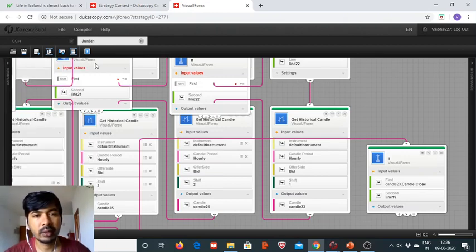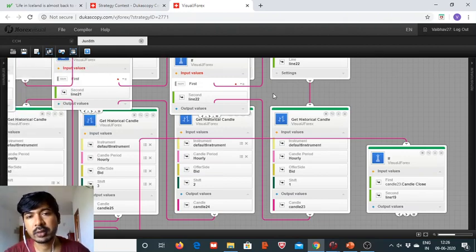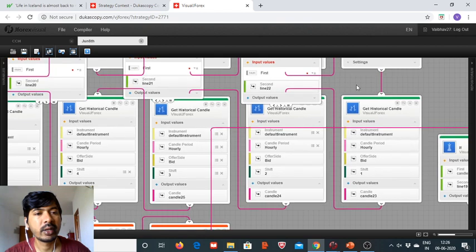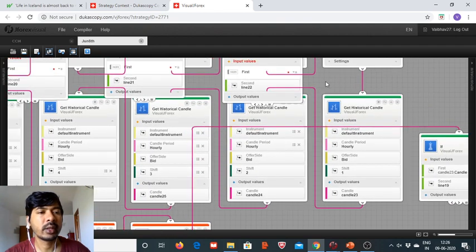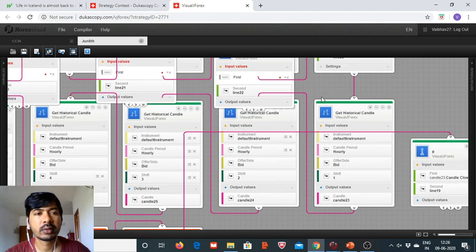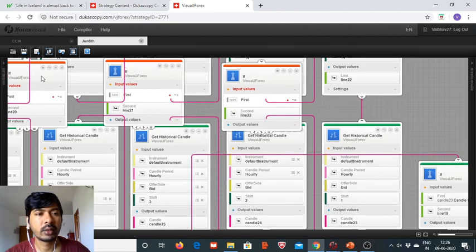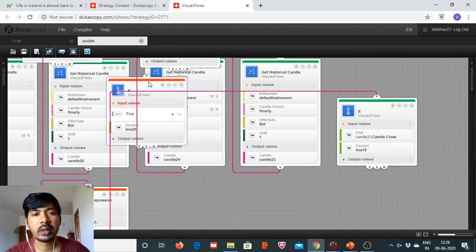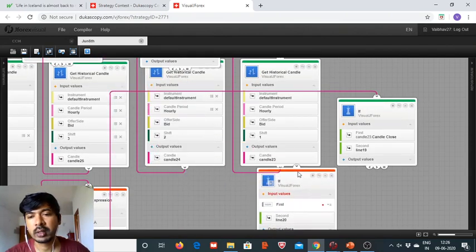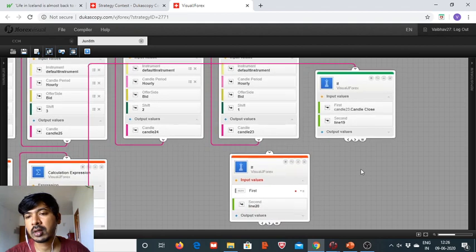And then subsequent, actually preceding candles, not subsequent, actually preceding candles to the last hour's candle should have closed lower than that. So now is the time to join the dots, and let us take this. Here this should have closed, first input should be greater than second input,